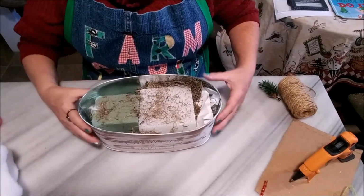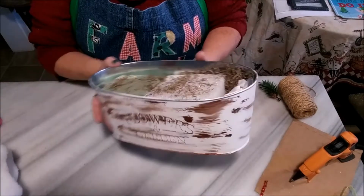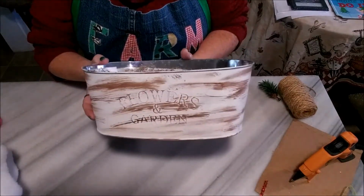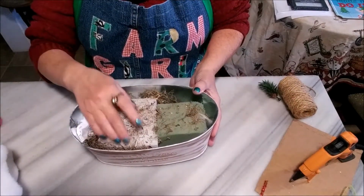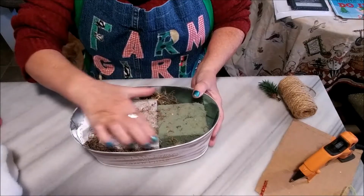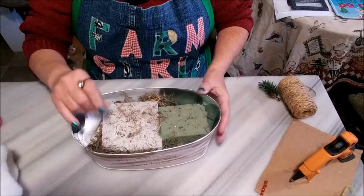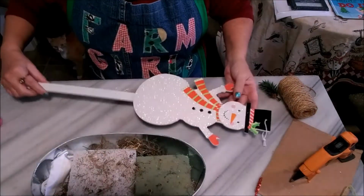And our next project is take one of these flower planters that you get normally in the seasonal section around springtime at the Dollar Tree. This is something I already used, so I couldn't get all the Spanish moss off, so I just push it aside. Now I'm using what I have on hand. Take that, and then you will need one of these yard signs from the Dollar Tree,